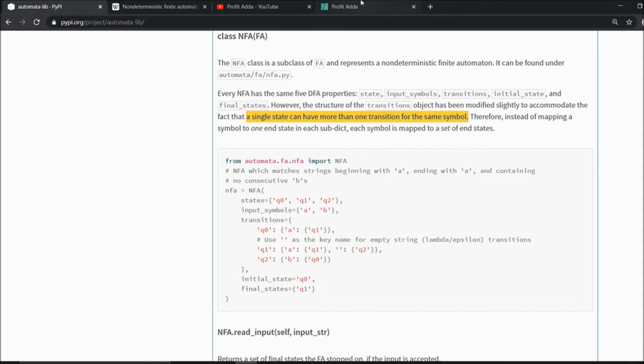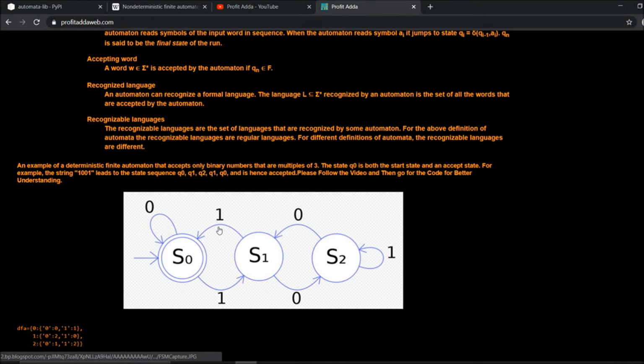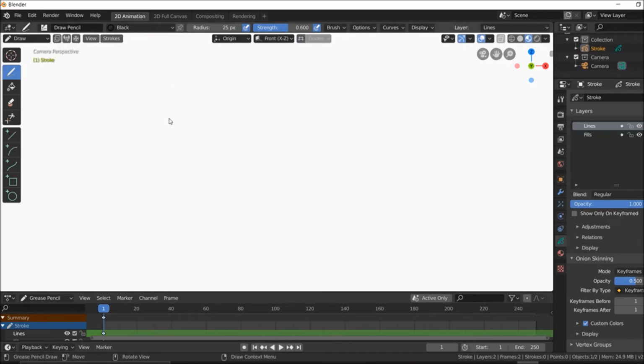So you can have more transitions for the same symbol, like one can go here and at the same time it can go here for the same one. We will go for a better explanation and I will go to the active part and show you how it can be done. So if I say that I got a start state here, which will be Q0,